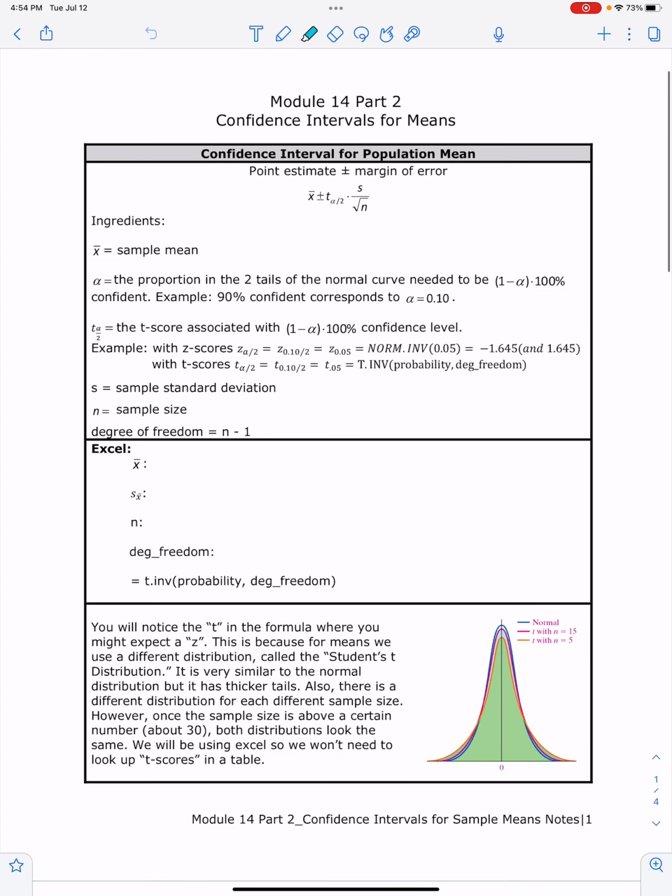Here are the Mod 14 Part 2 notes, confidence intervals for means. This is page 1. So, quick reminder, when we found our confidence intervals for proportions,